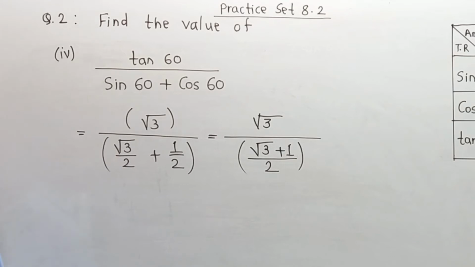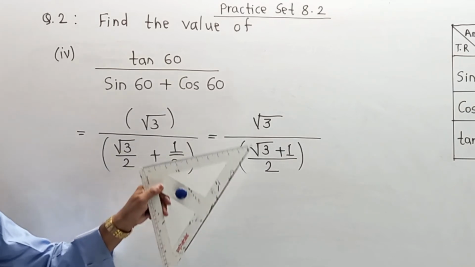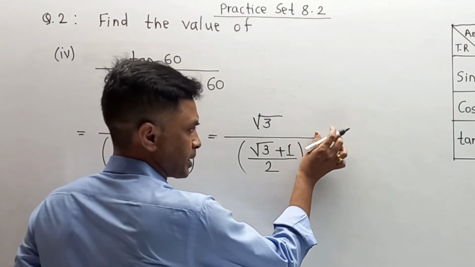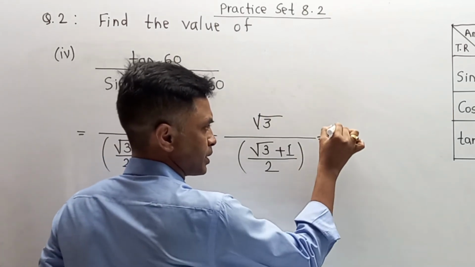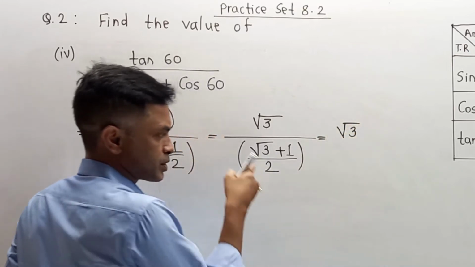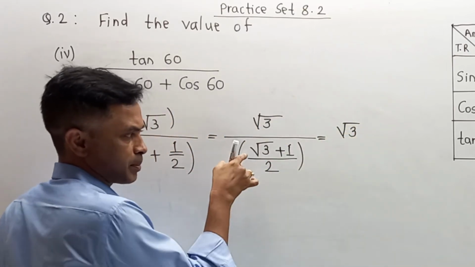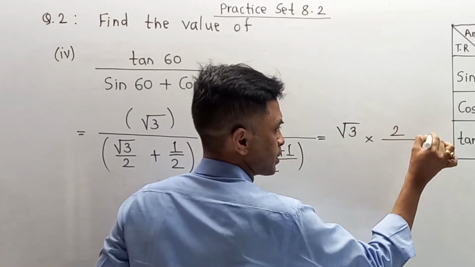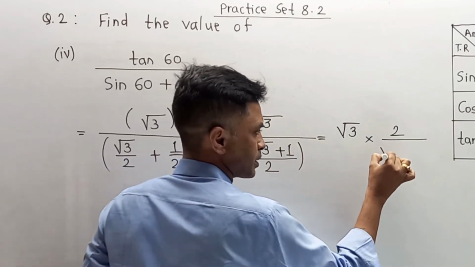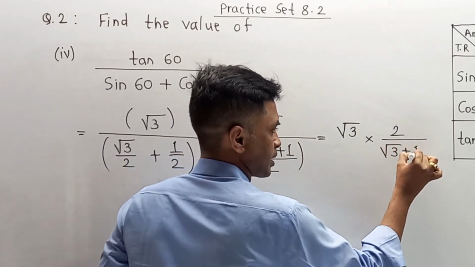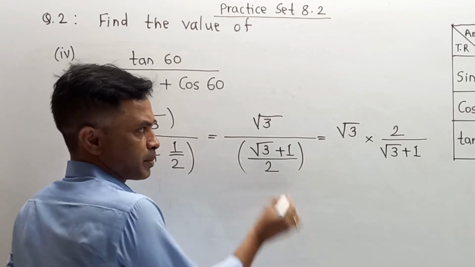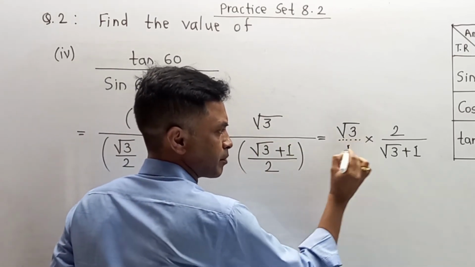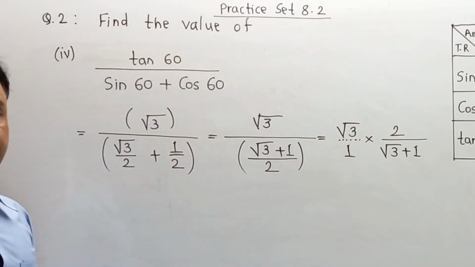Now in the next step of modification, this is root 3 in the numerator, divided by root 3 plus 1 upon 2 in the denominator. So again simplifying, root 3 divided by this value becomes a reciprocal multiplication. So root 3 plus 1 divided by 2, in reciprocal manner becomes 2 as a part of the numerator and root 3 plus 1 as a denominator. Remember this root 3 is not independent, it is divided by nothing, meaning it is divisible by 1 only. You should know that concept.